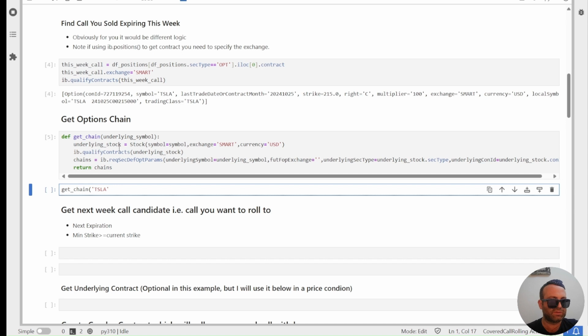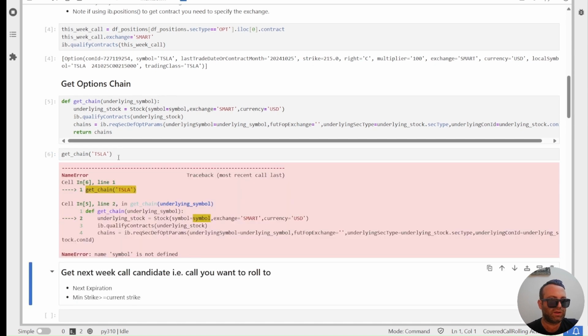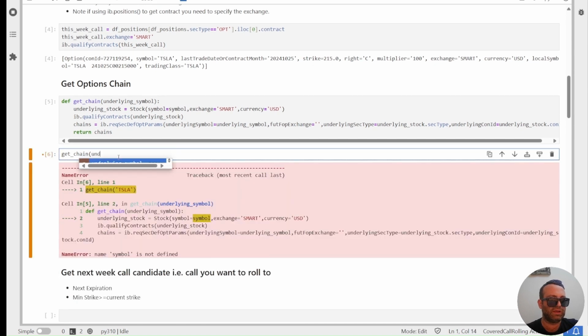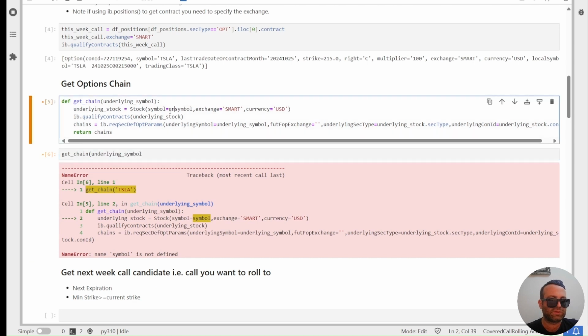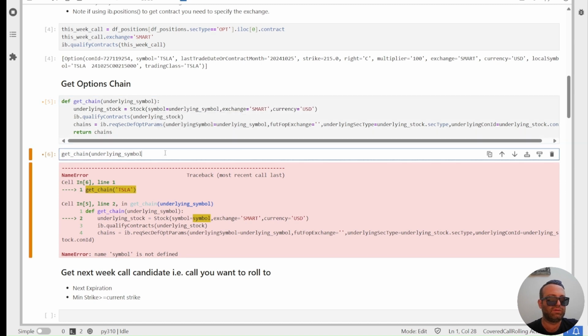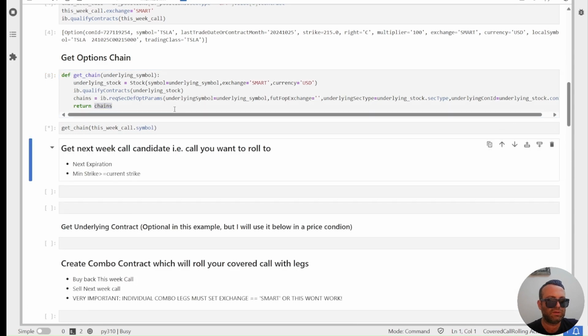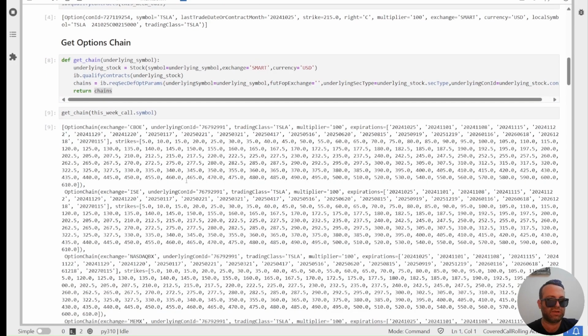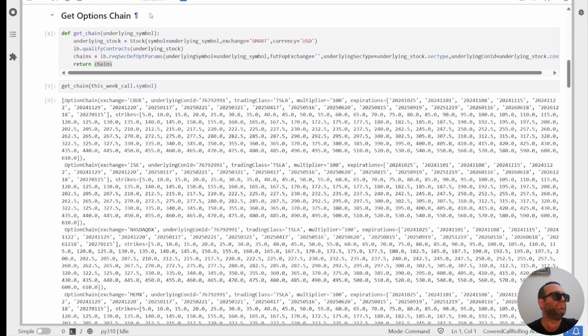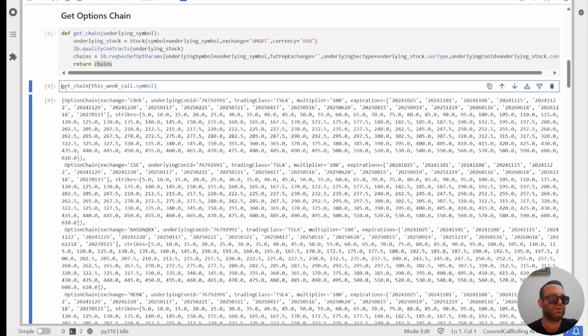Tesla is the stock. Or let's make it a little bit better. We'll do underlying, this underlying symbol, and then we'll get the symbol from that dot symbol. So this is how the chain looks. Ooh, still wrong. So this is a chain. It's like this ugly thing, but you can call this chain